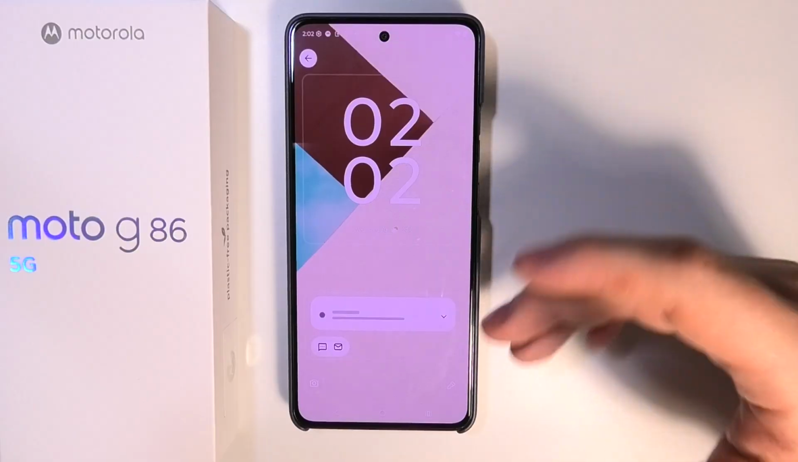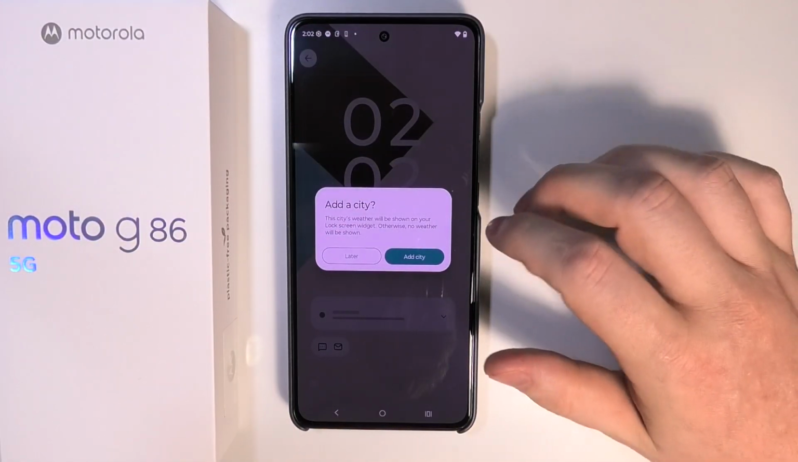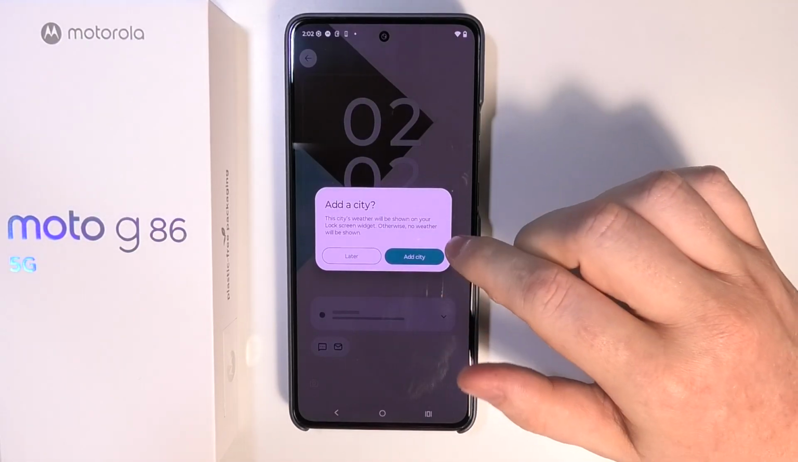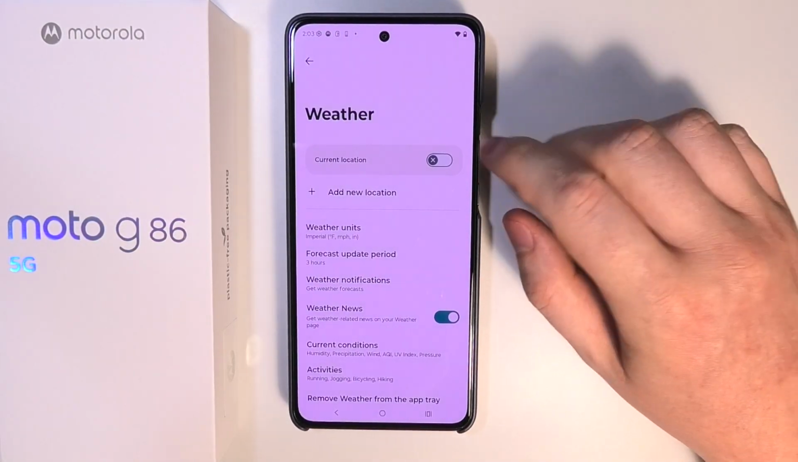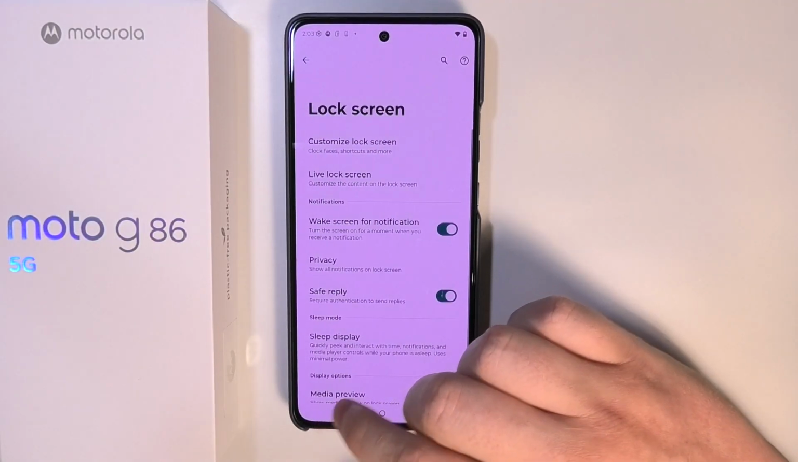And finally, that is basically everything that you can do for your home screen. All you have to do is go back, and here a new option will appear. You can add a city for your weather information, just accept the current location tracking. So that is